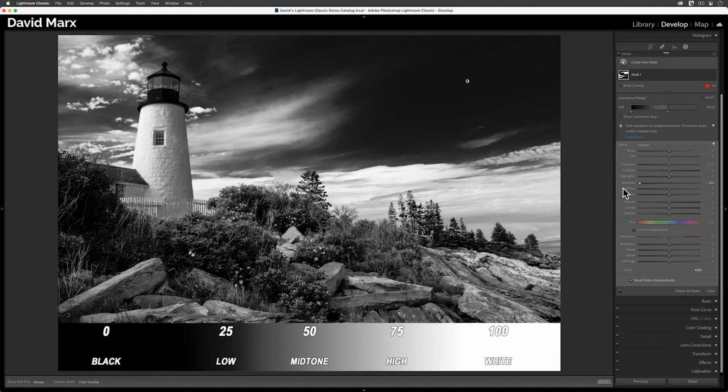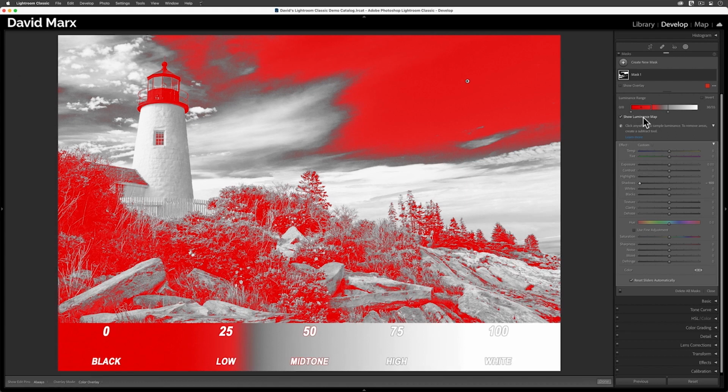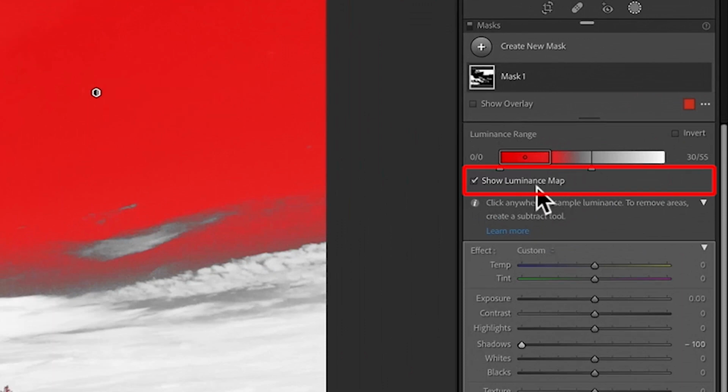When I clicked the selector a second ago, I was telling the program that I was interested in altering a very narrow piece of the scale of brightness. The pixel that I clicked on had a luminance value of about 20 some, but right now you can see that this mask is changing a much wider range of dark pixels. This wider range, the extension beyond the point that I sampled, this is what we call the fall off or the feathering.